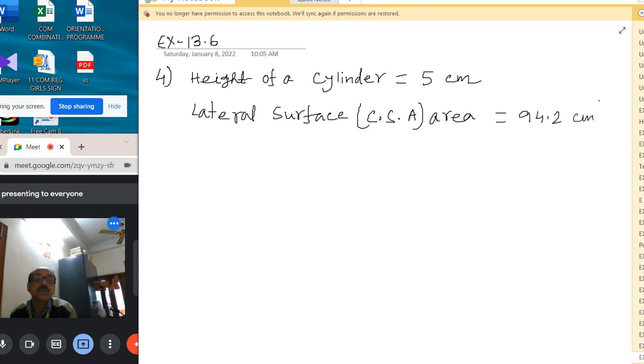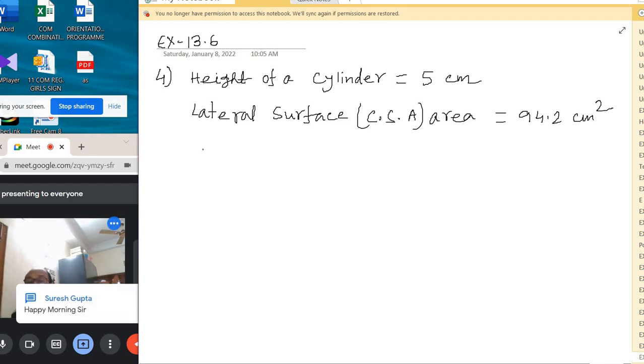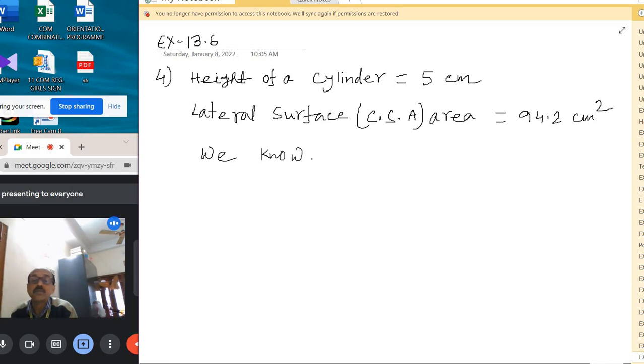Now we know lateral surface, curved surface area equal to 2 pi rh of a cylinder. Okay, r is the radius and h is the height of the cylinder,